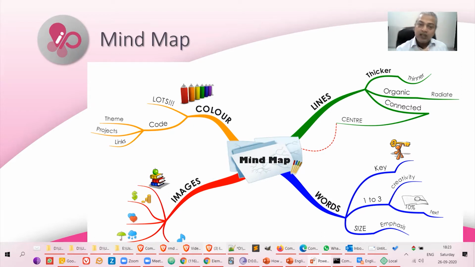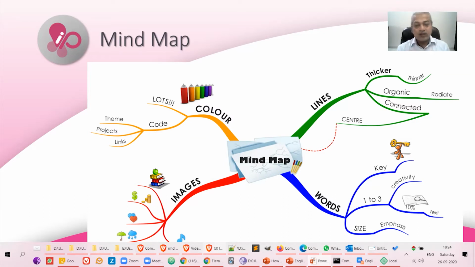Thicker lines mean main subtopics, thinner lines mean lower subtopics, and one can get really creative with this. It's not necessary to follow a particular pattern. The whole advantage of a mind map is you can customize it and personalize it, and the more you do, the better you will remember it.